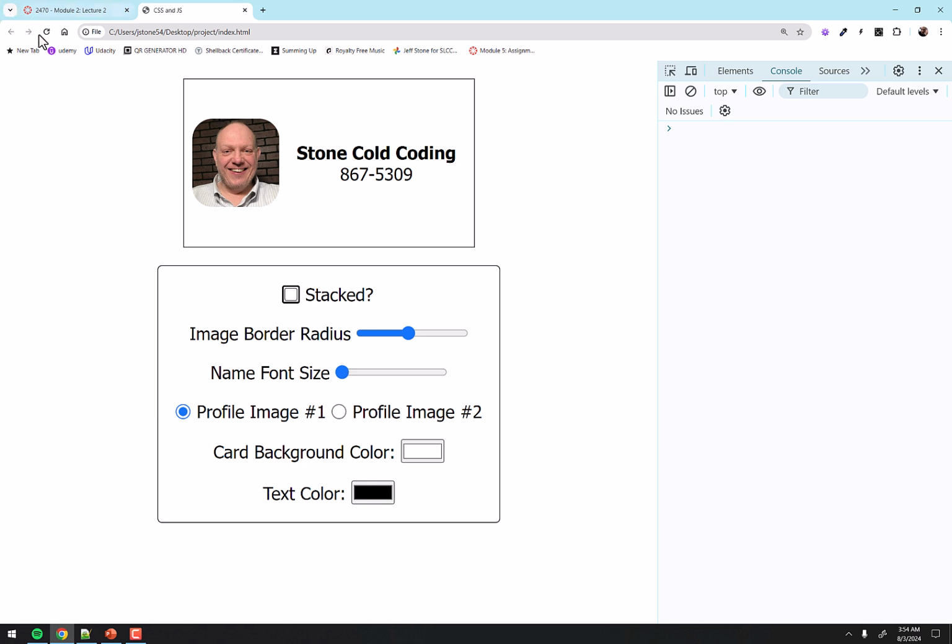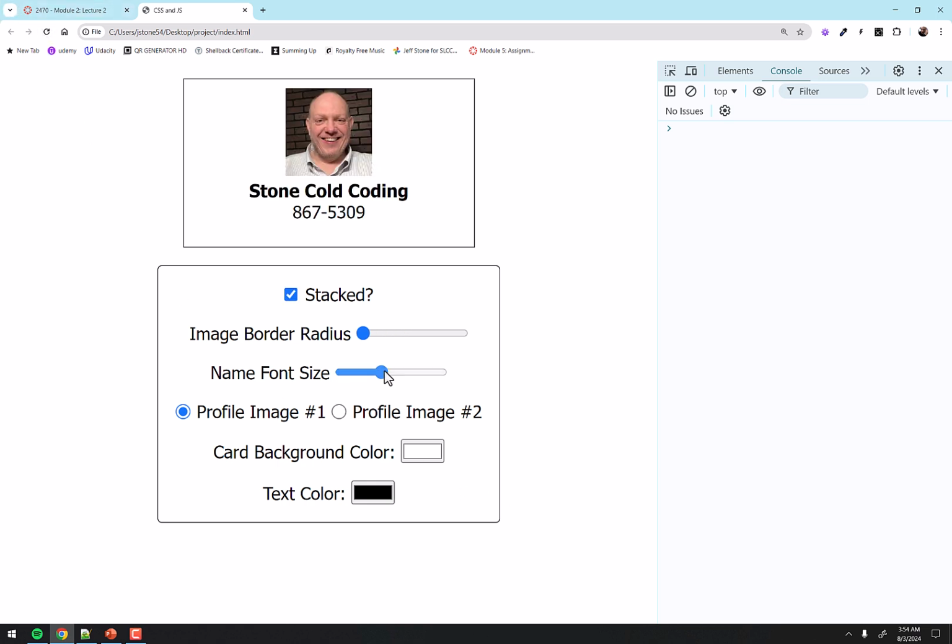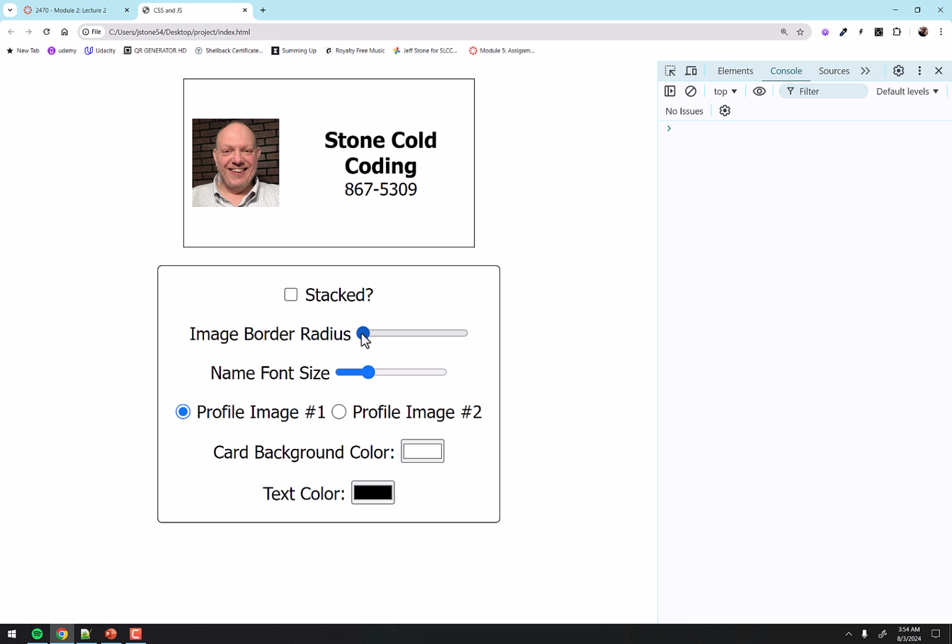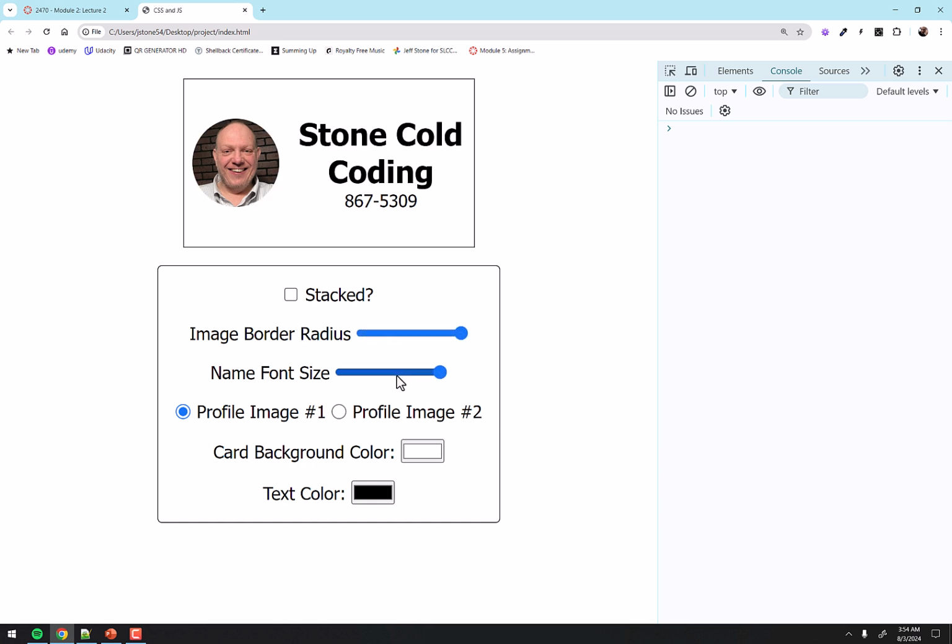So let's take a peek here, refresh. And now I slide it and I let go, and there we go. We've increased it. Keep going. And now that's way too big, but we can play around with what we want it to be. Just clicking a little bit. And then if I stack it, make this rounded, maybe I want the font to be bigger. Maybe that's the look I want.